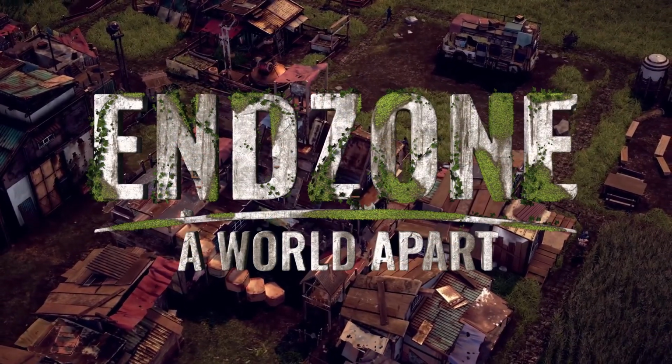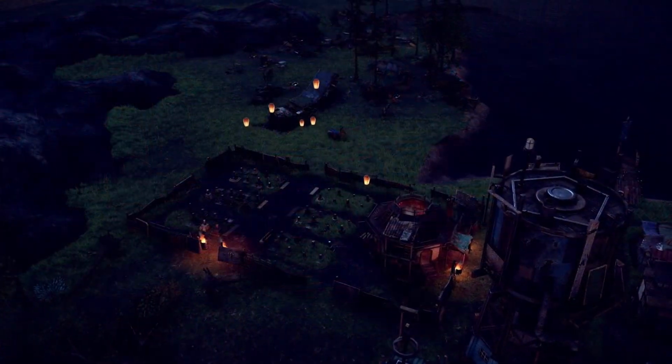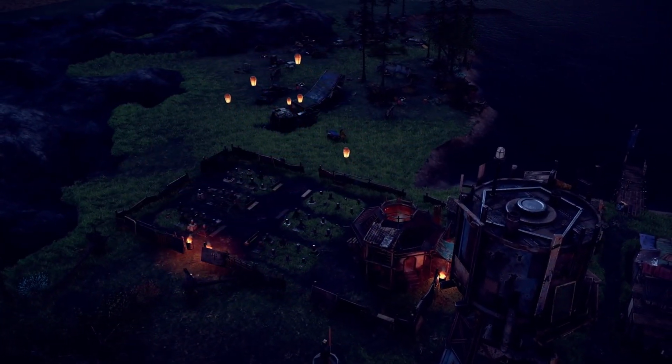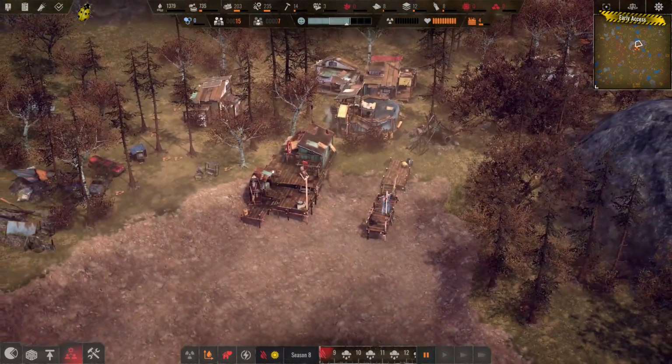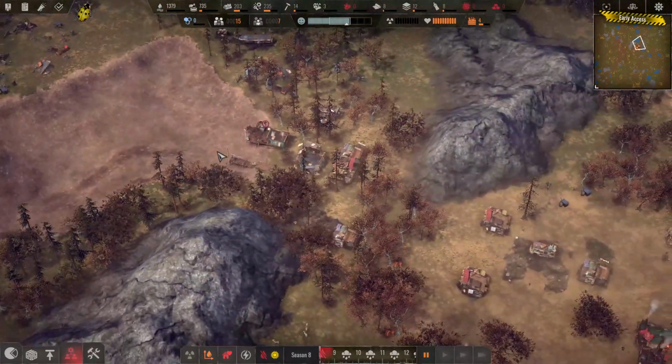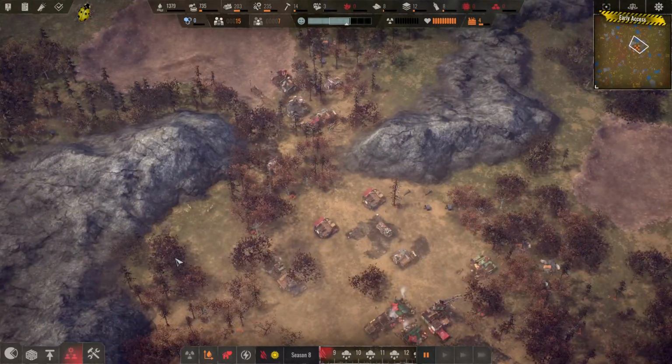The game is Endzone: A World Apart, and we are in for another exciting learning experience about all the gameplay mechanics, resources and population management this game has to offer. So right now I have paused the game, just trying to think about what I am to do now. Considering the fact that I cannot get water from any of these lakes anymore, I should find an alternative